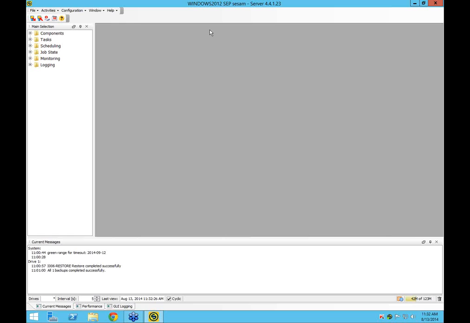This is a fresh installation I did today of the Sesame Server product on Windows. This happens to be Windows 2012 R2. We support everything from original Windows 2008 all the way up to 2012 R2 for the server version. We also support all the different Linux versions that are current, and Solaris. So you can just pick what server you like to administer and use that as your backup server. There's no difference in the features or the capabilities or anything like that.